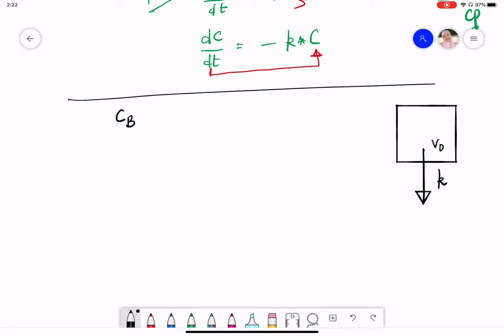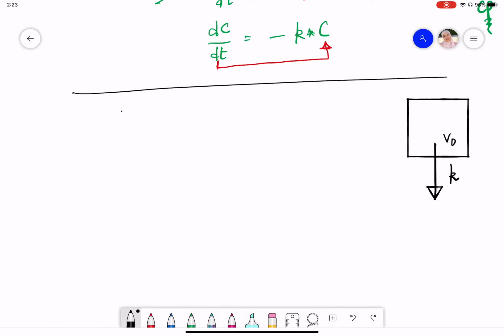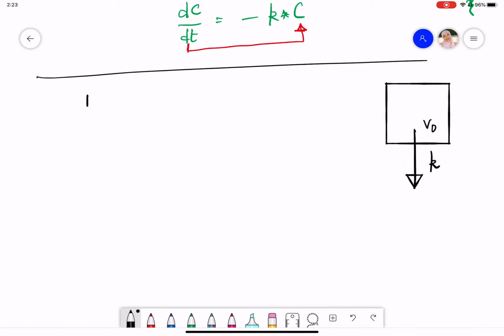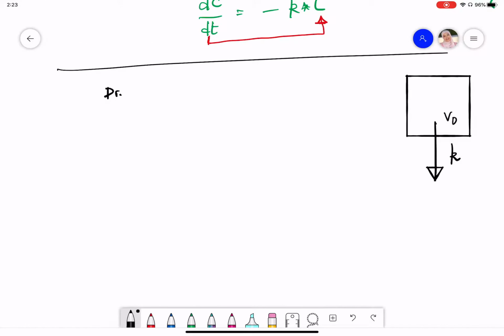That's why we usually depend on the assumption that we mentioned before, that the concentration of the drug at the measured biological fluid, let's say blood, is under